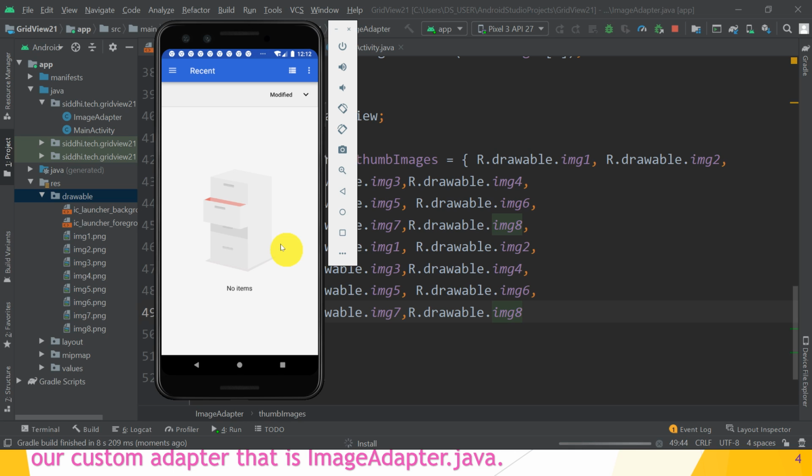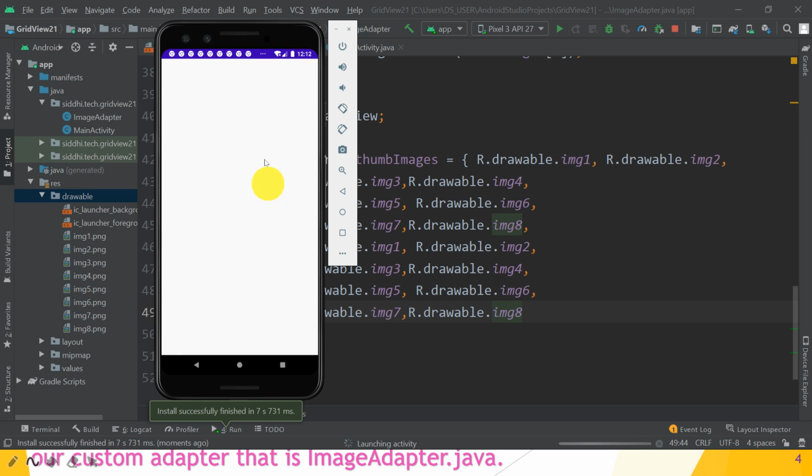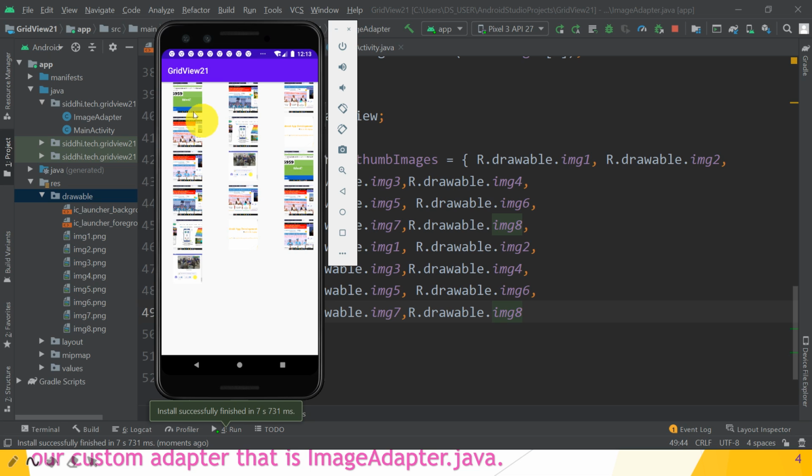Yes. So Gradle build successful, application installed, finished. Now wait. So our application is gridView21. Installation successfully finished. Great. So this is our grid view containing 16 different images. Guys, hope you understand. If the number increases, the grid view also becomes scrollable.